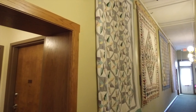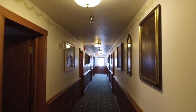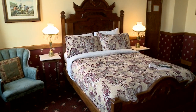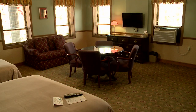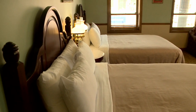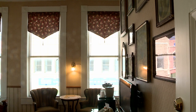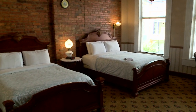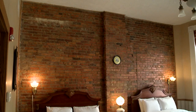The guest rooms that we're going to look at today, 2 of them are in the newer section of the hotel. The third one we'll see is in the old section of the hotel. They're all different. One has a lot of windows with a double queen, or queen beds, 2 of them, and it's called our deluxe room. Another one we see is one of the favorite rooms in the hotel. We get more people calling about wanting room 212 than any other, and it's because it has one whole wall